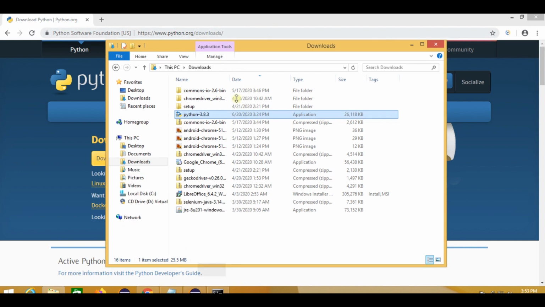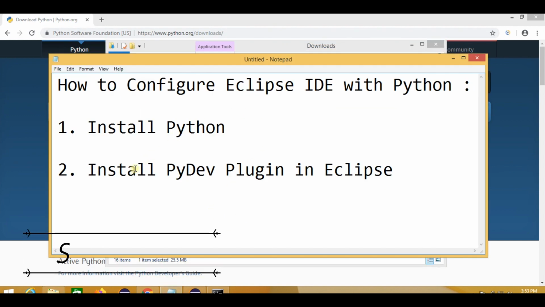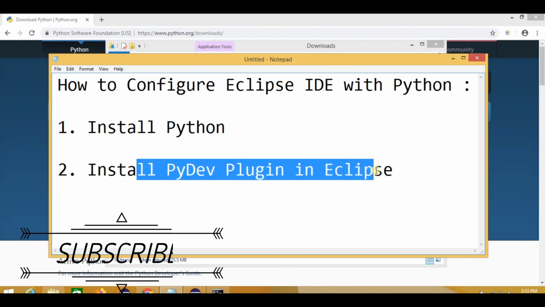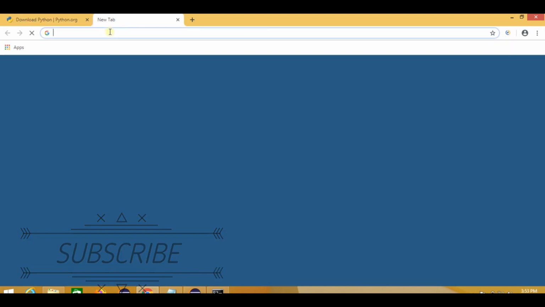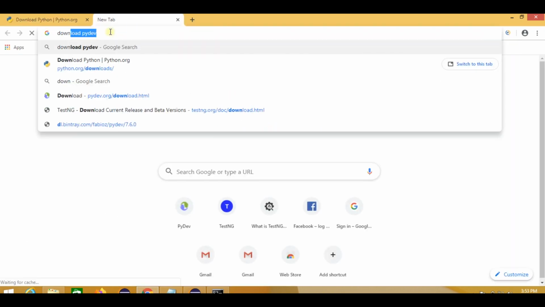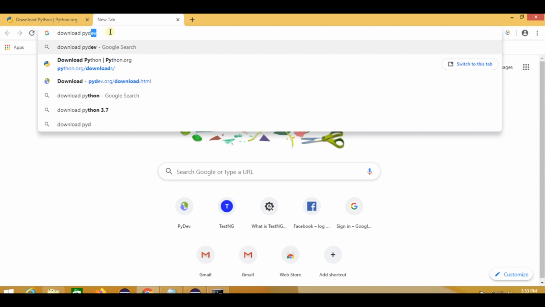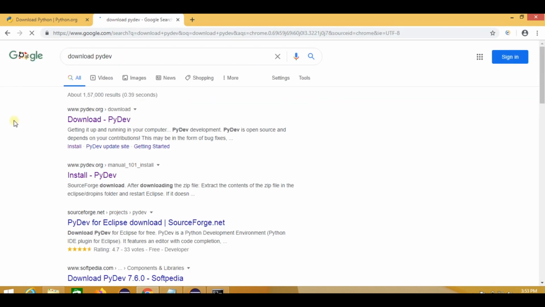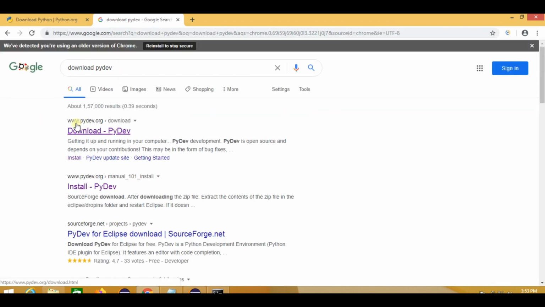Now the next step is to install PyDev plugin in Eclipse. We have to go to our browser, and in the browser we have to write download PyDev. So we have to go to this link www.pydev.org.